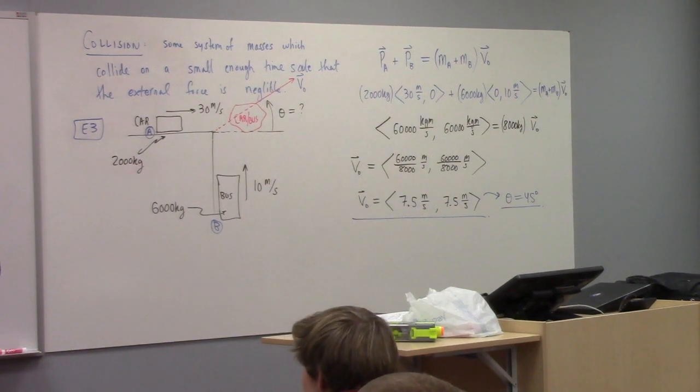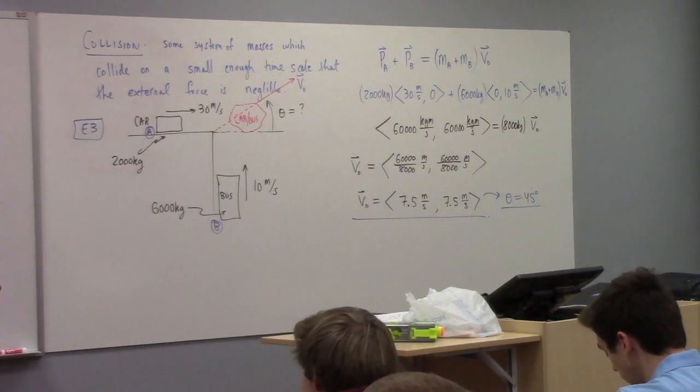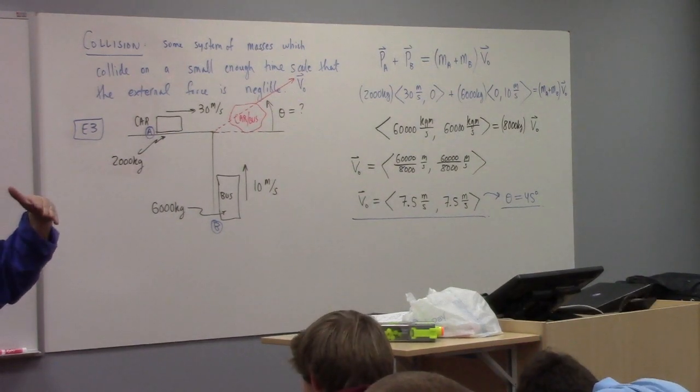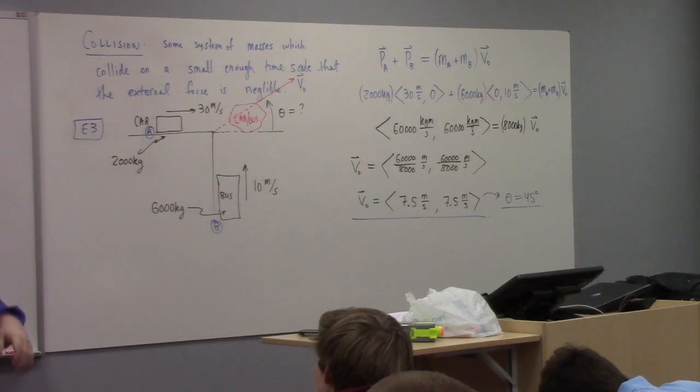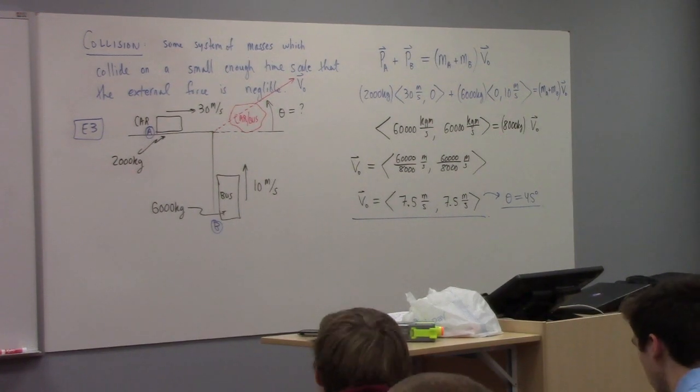And so if you're a forensic investigator and the coefficient of friction between tires and the concrete is known, then you can work backwards to find what the initial speed was before the two cars hit, on the basis of how far the tracks are, the skid marks. So you can do stuff like this, right? Some people make a living arguing forensically about what happened before a collision, trying to trace back beforehand.